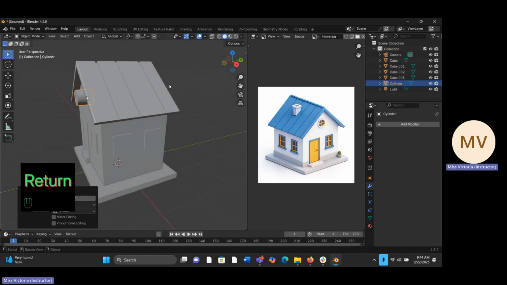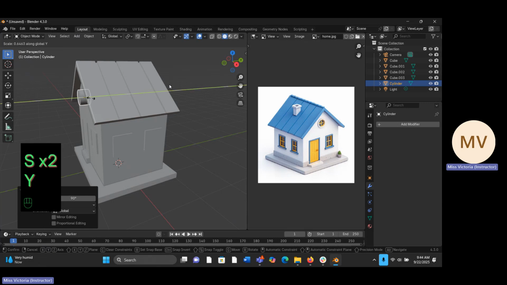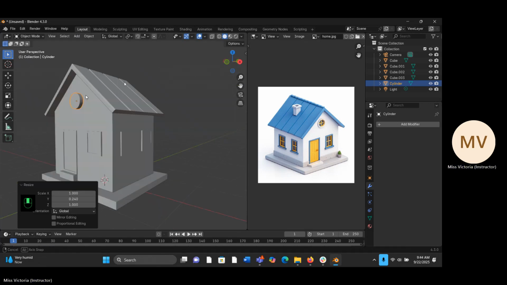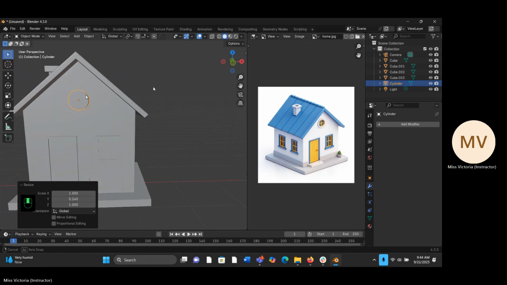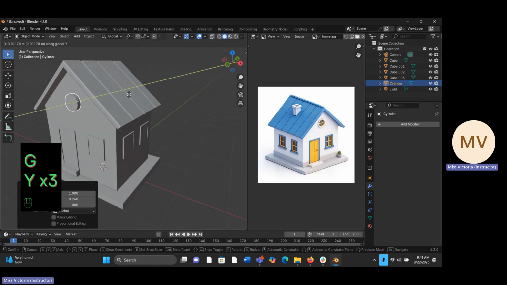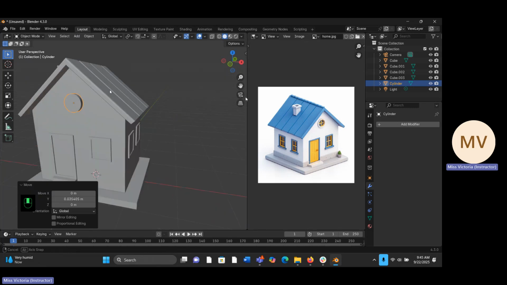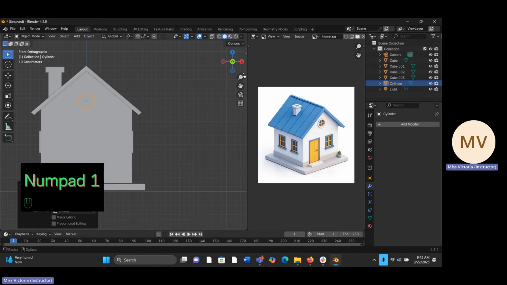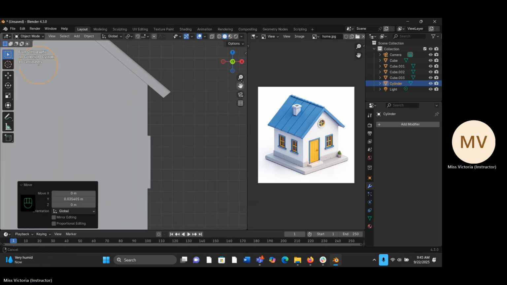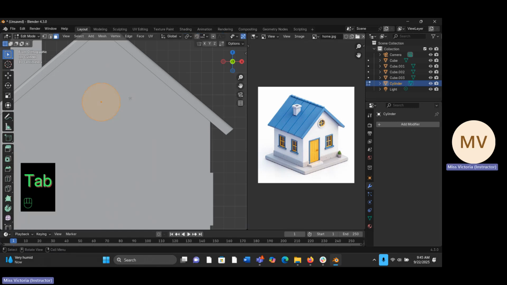I'm going to reduce the length along the Y axis, S of Y, just to make it not having so many faces. So G of Y to take it over. So with this, I already have this fill. The only difference is the insertion, which will still repeat again. So front view, I'm going to zoom this a little so you can see it properly. Tab to go to edit mode. Click only on this particular face you want to create this insertion. Then I to insert and